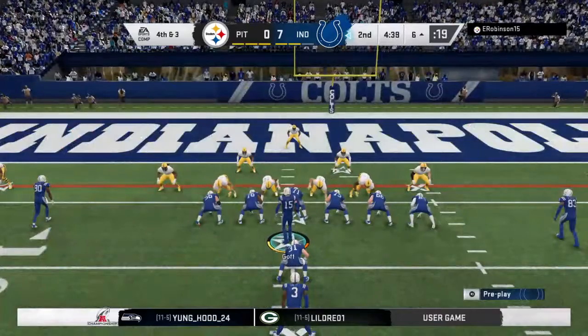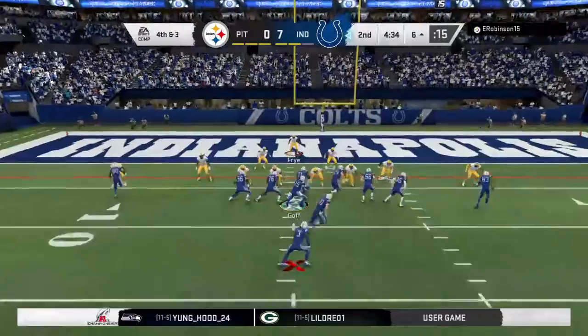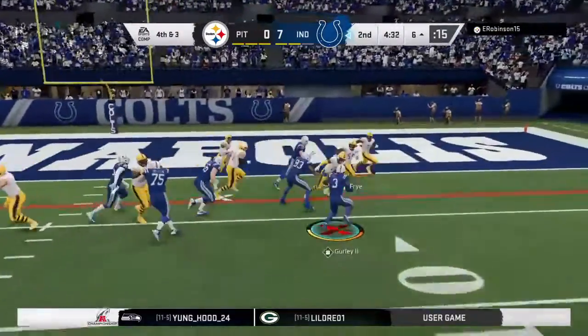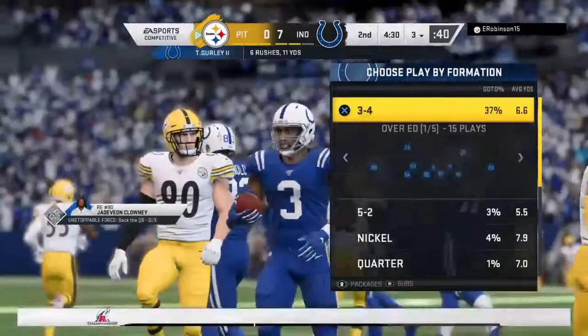The offense is not leaving the field. They're going to stay out and go for it on 4th and 3. Here we go. It's Gurley. And not only did he not get in the end zone, he didn't get the first